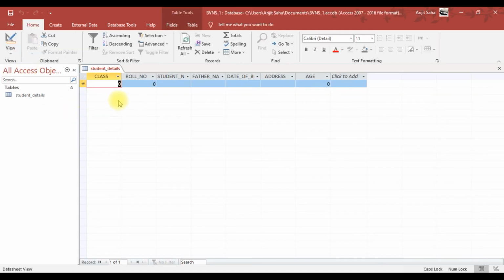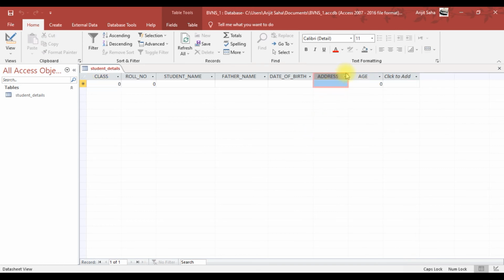As you can see, automatically the fields we entered in the design view are displayed over here.